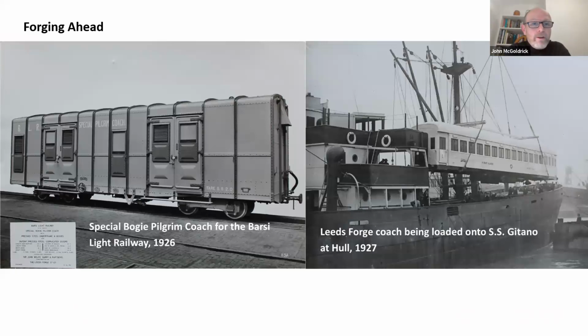I've been talking a lot about the Hunslet Engine Company and latterly Robert Hudson's, but other companies were involved in Leeds. It was a huge ecosystem, and this couple of products were produced by the Leeds Forge Company. It's a company that was set up by a guy called Samson Fox. It's a name to conjure with,